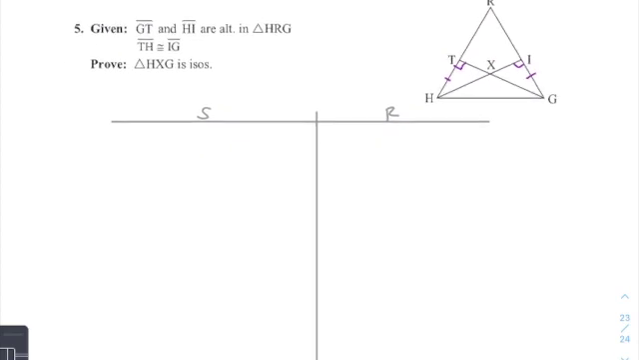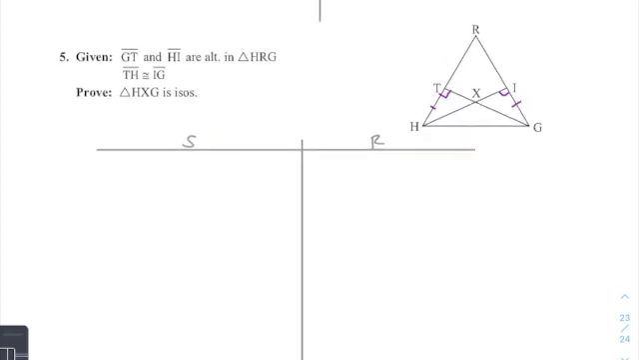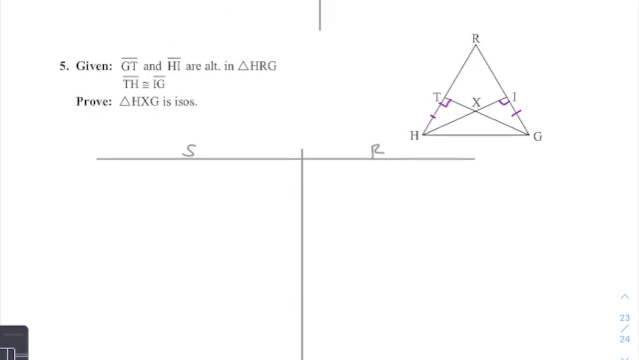For number 5, I've marked things already too. We have GT and HI are altitudes. So I marked right angles at their intersection points. TH is congruent to IG, so I marked those congruent. And I'm trying to prove that HXG, this triangle here,